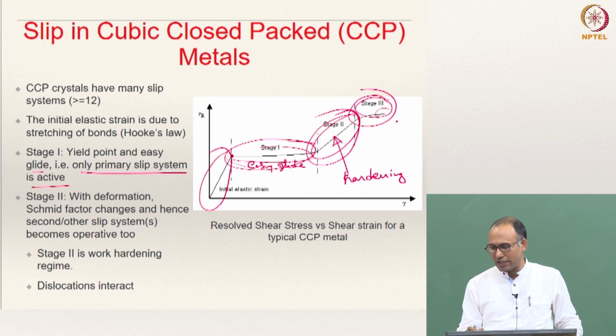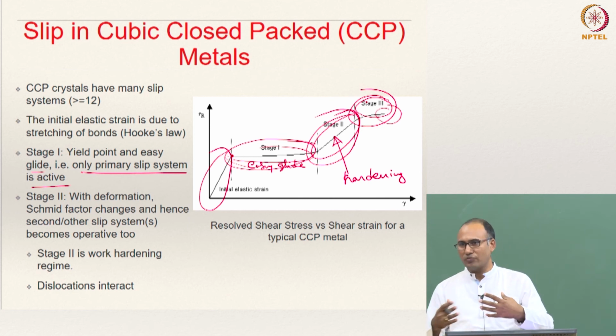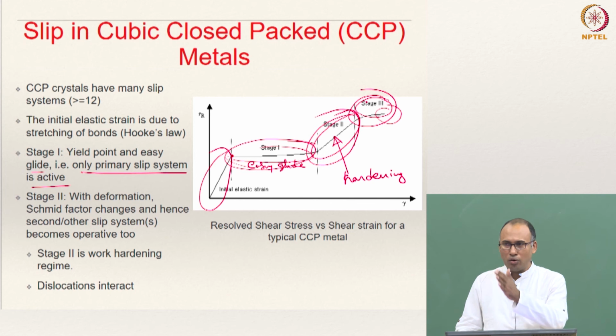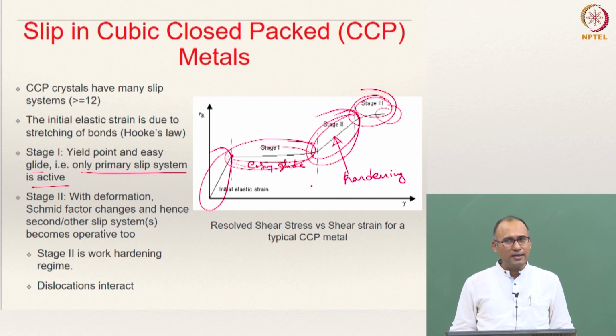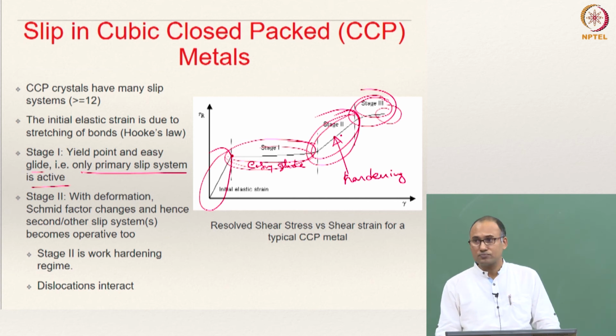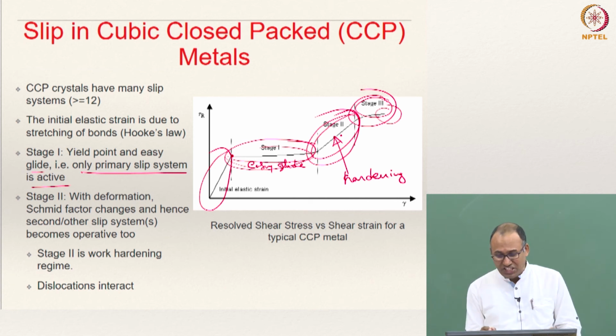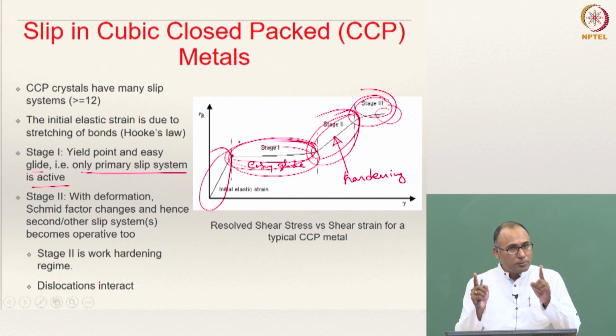Eventually, at the end of stage 3, you will have fracture of the specimen. So, that is how plastic deformation followed by fracture happens in a single crystal material, and this is typical for cubic crystals. This diagram is more relevant to FCC materials, although you will observe similar stage 1, stage 2, stage 3 in BCC and HCP materials, but the extent of stage 1 is going to be very small